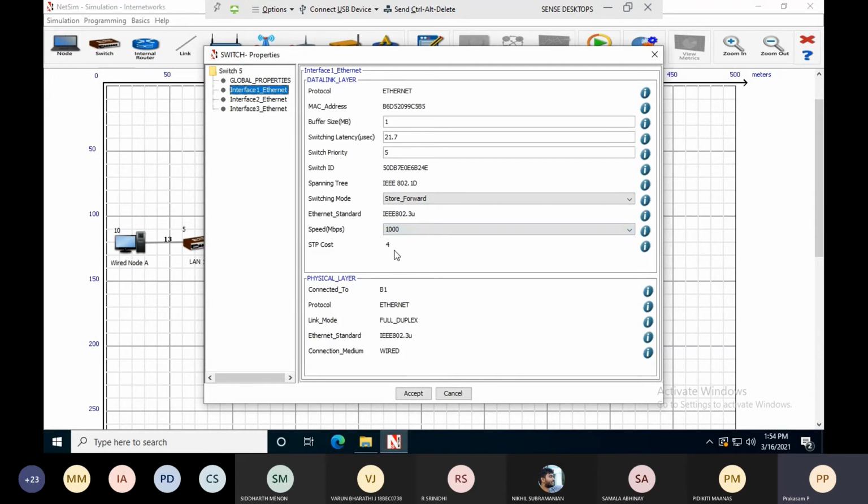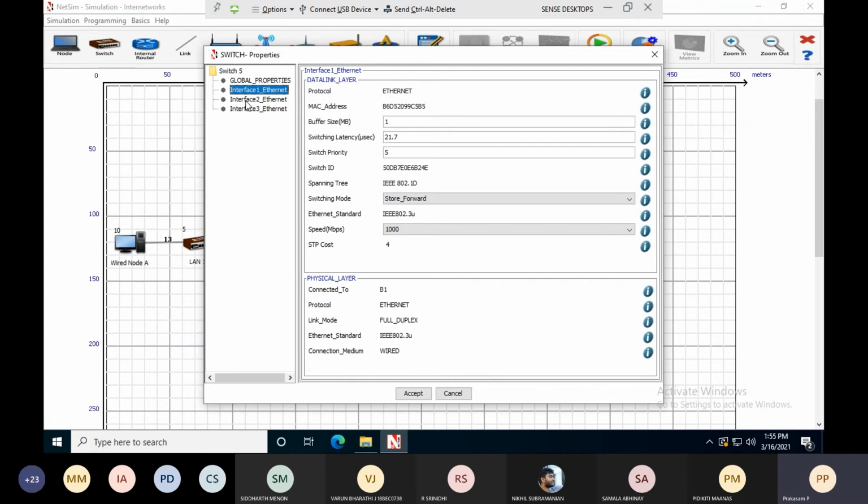Kindly see here, you have to change the value here. If you select the Ethernet speed as 100, then the cost automatically becomes 19. If you select 1000, cost is 4. As per the given problem, L1, L3, L5 are gigabit Ethernet, so cost is 4. I am selecting speed as 1000 Mbps, so cost is 4.